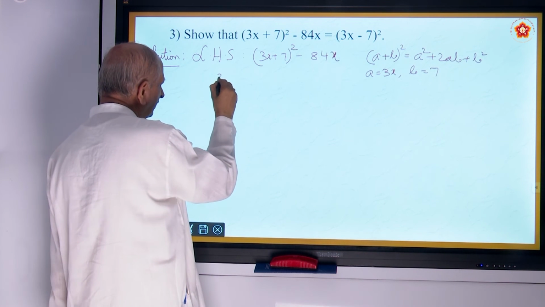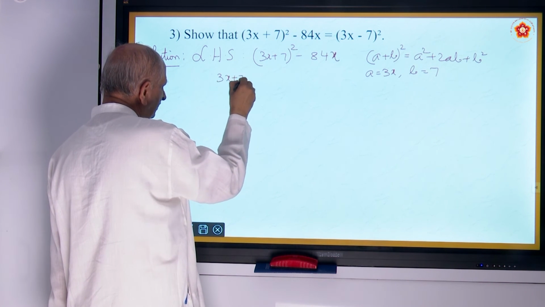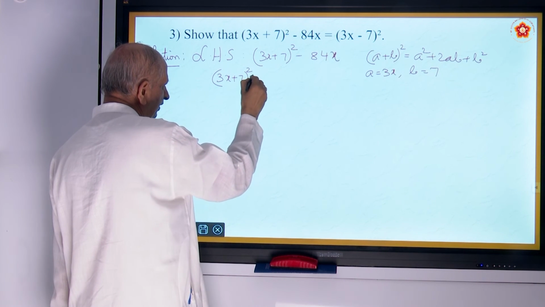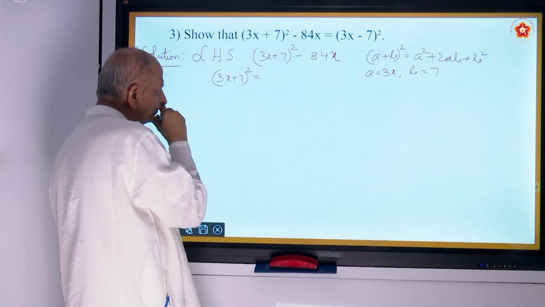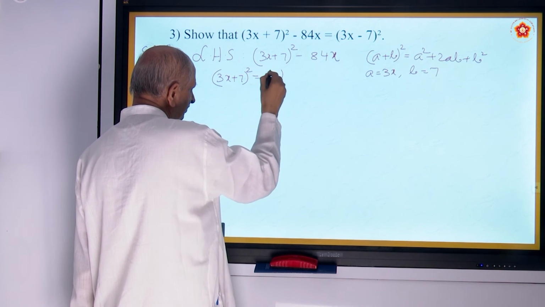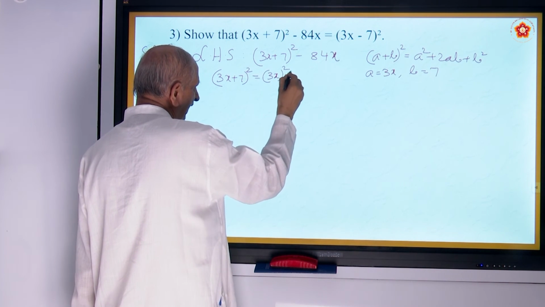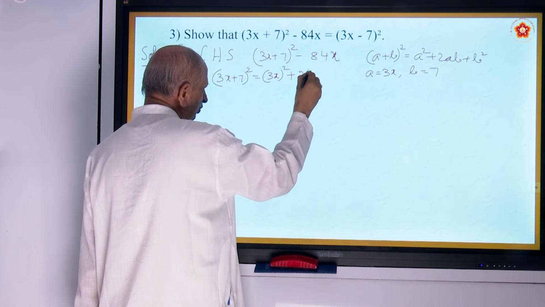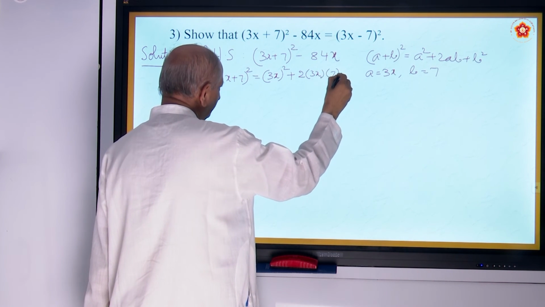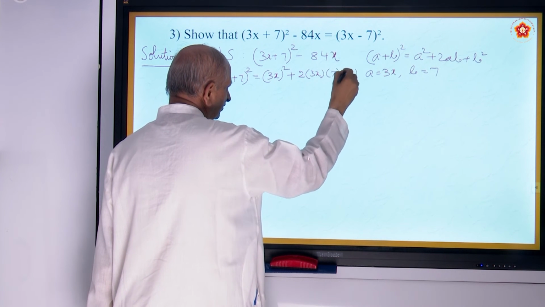Now use the formula 3x plus 7 whole square will be equal to, so a square 3x whole square plus 2ab 2 into 3x into 7 plus b square 7 square